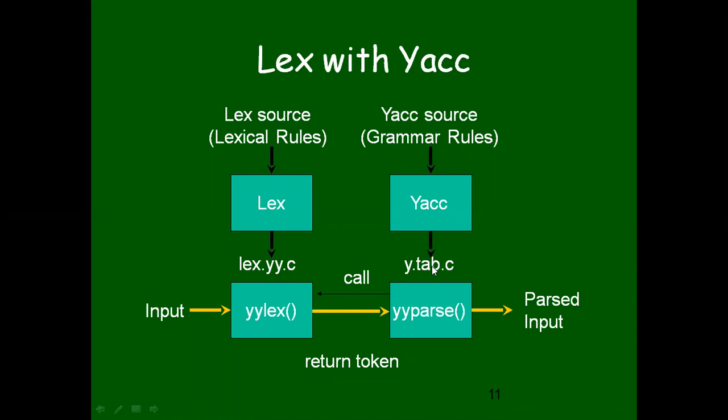What is the output here? It is C code, a C compiler. And what functions are we generating here? yylex and yyparse. See, by seeing the last representation, what are you understanding? Giving an input, performing the lexical analyzer, generating an output, and that output is taken as an input to the parser. And after performing the parser, finally we are generating a parsed output, right? Is it clear by seeing the structure, the representation of lex with ACK?